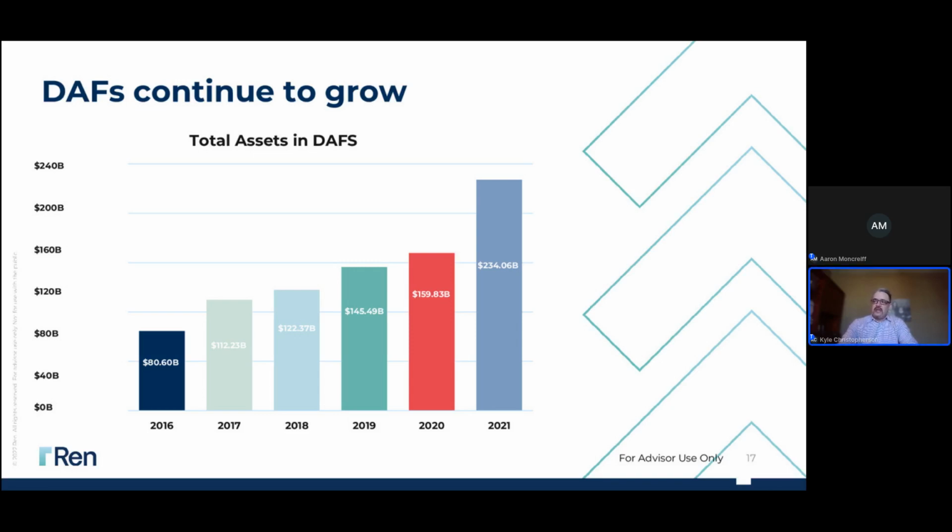In addition, we have 1.28 million different donor advised fund accounts in 2021, whereas in 2017, for example, there were only 471,000 accounts. So this is a tremendous growth. And you can see the growth in 2021 when it jumped from $159 billion to $234 billion. That's almost a 50% increase in the total value of donor advised funds. This is a trend that we've seen now for decades, looking at the historical growth pattern related to donor advised funds. So why are donor advised funds so popular?